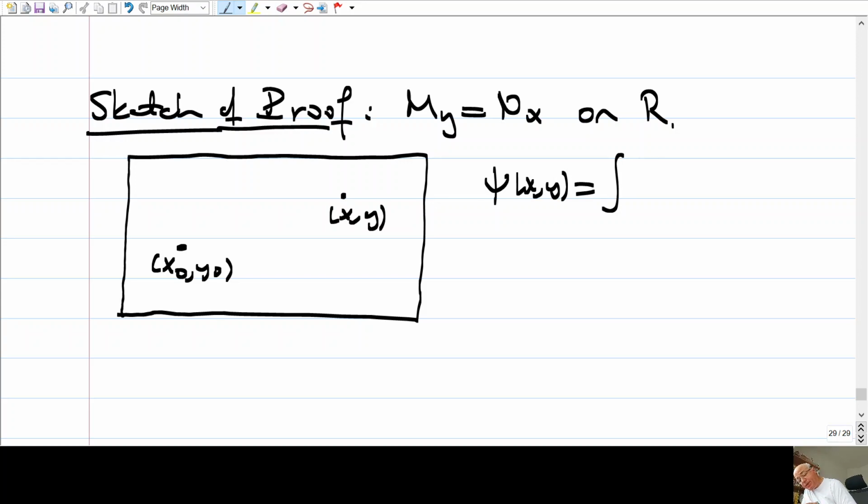This is just the path integral. Just choose any path. Let's say gamma from (x0,y0) to (x,y), and integrate